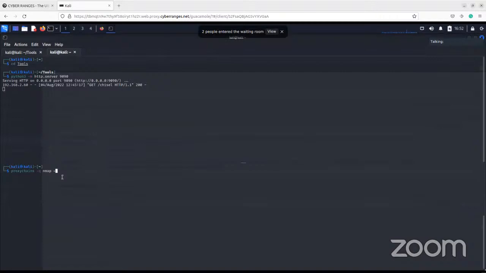Minus sC, minus sV, minus Pn. What else was there? There's a minus, was it sT? sT. We're going to specify a specific port since we know it's a Windows machine, and to save on time because we're running it through proxychains. I'm just going to go for port 445 and the IP we got, which was 1.15,